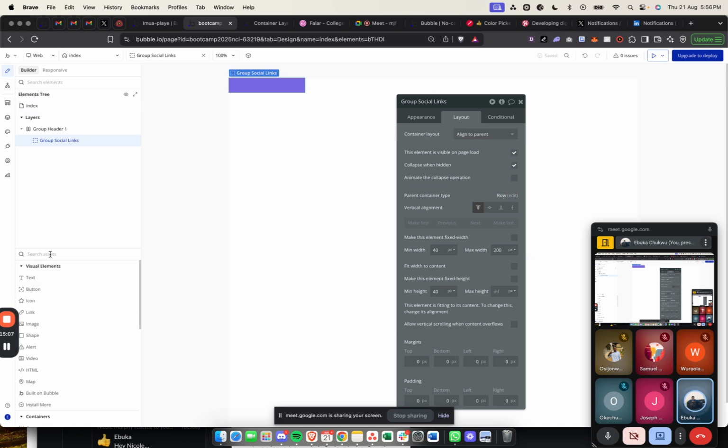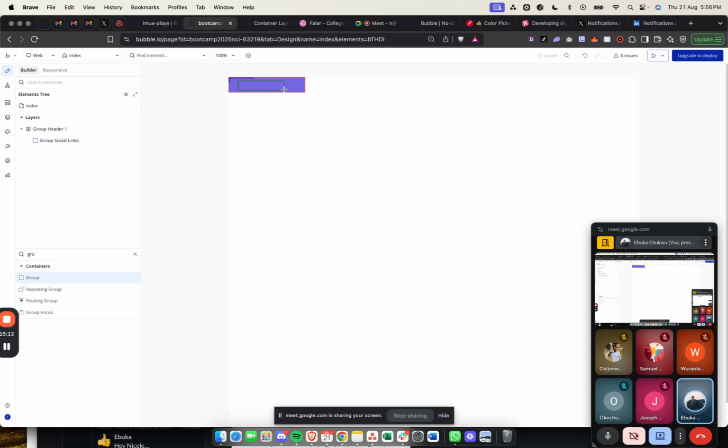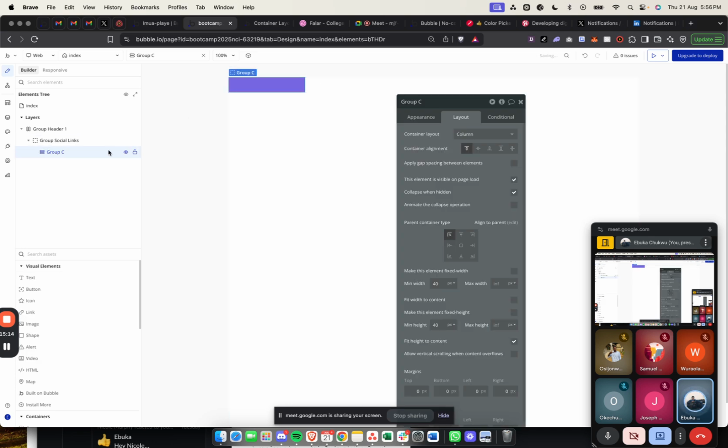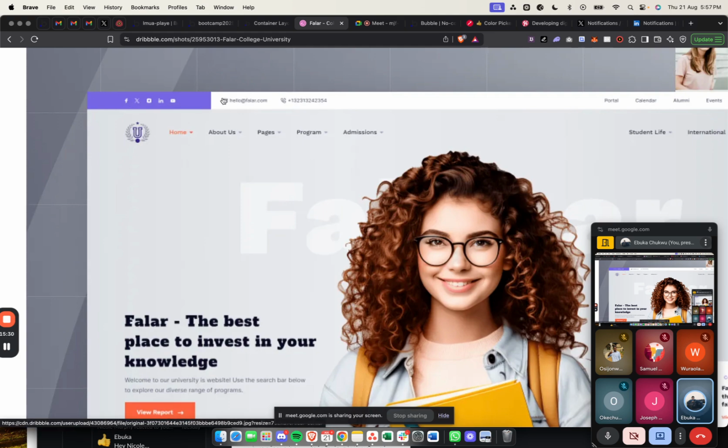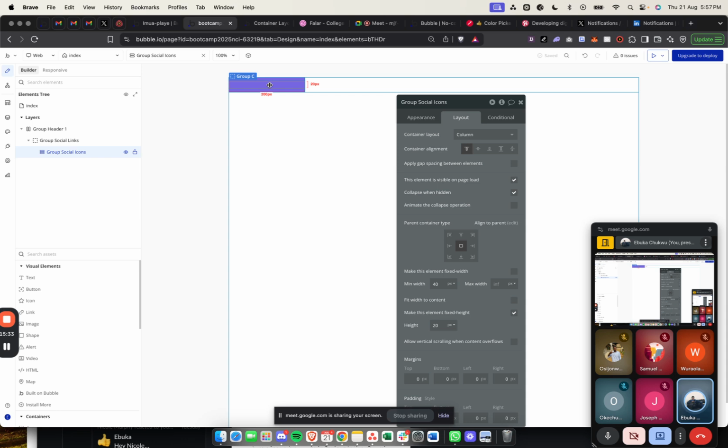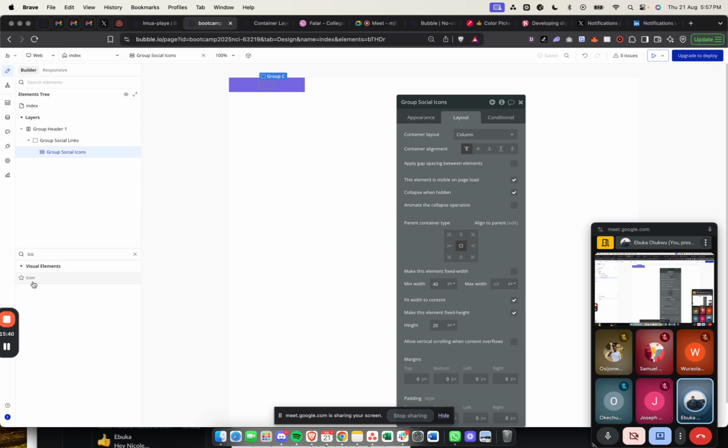So if I drop in another group, remember we're trying to put in socials now. So I've dropped in this group, and these are going to be the social icons, right? They're going to have a fixed height of 20, let's say 20, and they're going to be right in the center. Over here, you can see that there's spacing at the left and the right. So all I need to do for this is just make sure that it is fit to the width of the content. So if I get my icons,